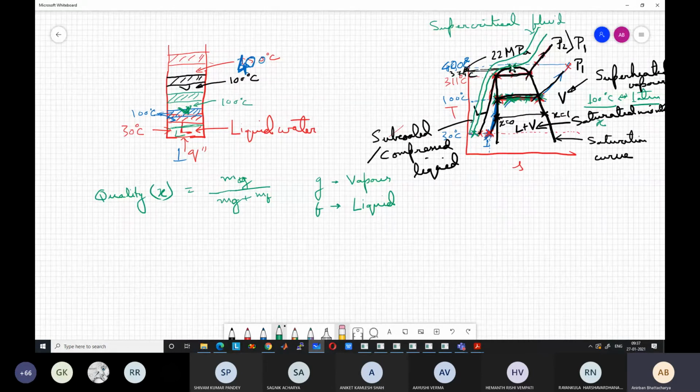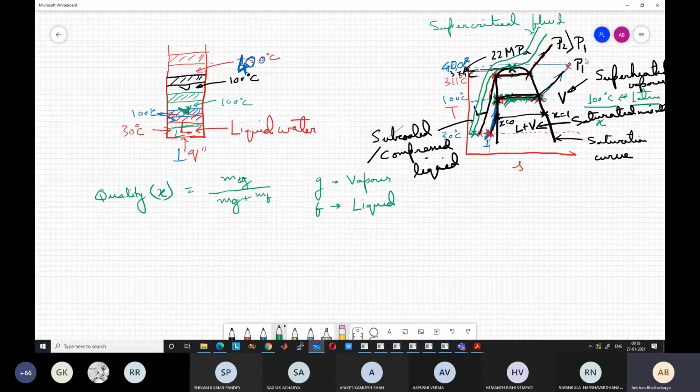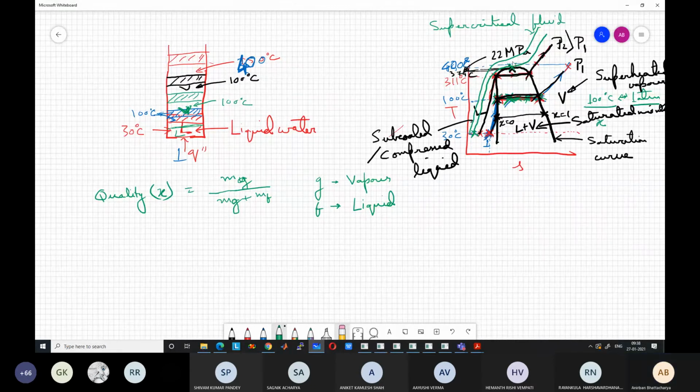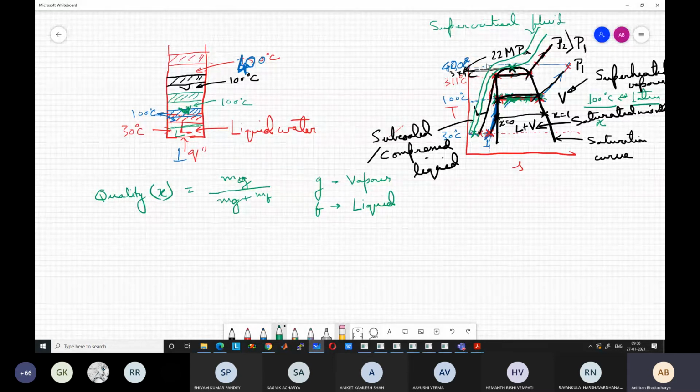The correct terminology is that this is just a supercritical fluid. You cannot define it as liquid or vapor at any point. There is no distinction or definition of liquid and vapor. It's the same looking mass. It is not going to change its properties or how it looks based on the temperature. The properties will smoothly transition from one state to another without any visible change for the supercritical fluid. So supercritical fluid is like another state of the substance. Anyway, we will not go further into the discussion.